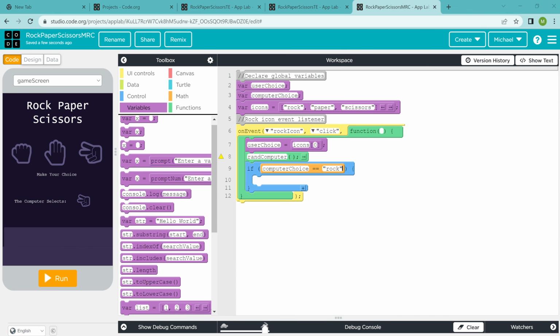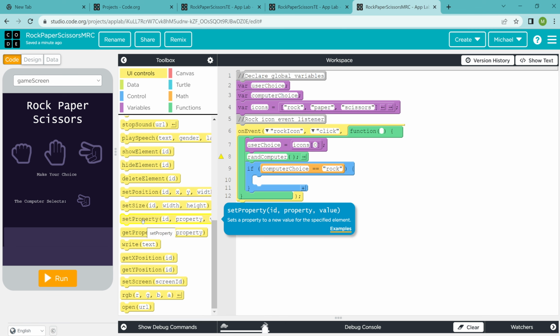Okay, so we come to the first piece of our code where we now are going to ask results to be displayed back onto the screen to the user. Remember, right now our lines 6 to 12 only address things that are going to be happening in the JavaScript engine once that user makes that one click. But now we want to go back to UI controls, and not exactly the way it is in JavaScript. Again, this is a slight modification for AppLab, but it is going to be a set property